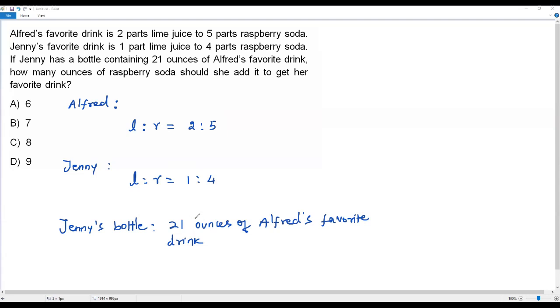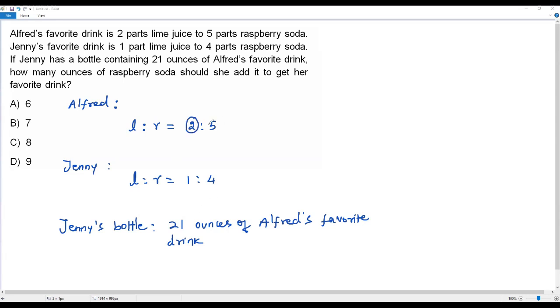For that, first we have to find the number of ounces of lime juice and the number of ounces of raspberry soda in these 21 ounces. So what I have to do is consider the ratio between lime juice and raspberry soda of Alfred's favorite drink, because this 21 ounces is Alfred's favorite drink. That's why I'm asking you to consider that ratio. Okay, so to split this quantity into 2 parts, the number of ounces of lime juice and the number of ounces of raspberry soda,